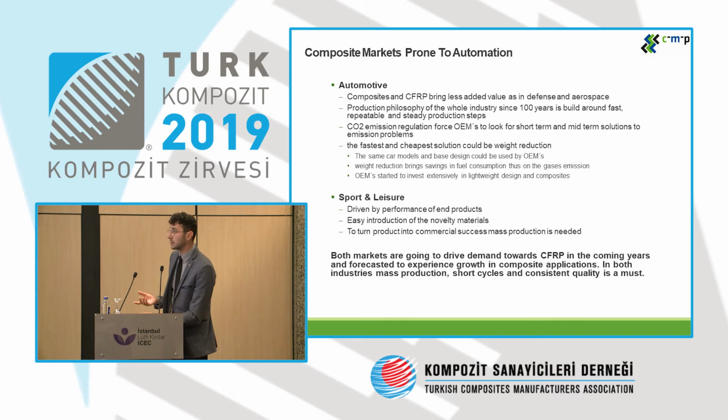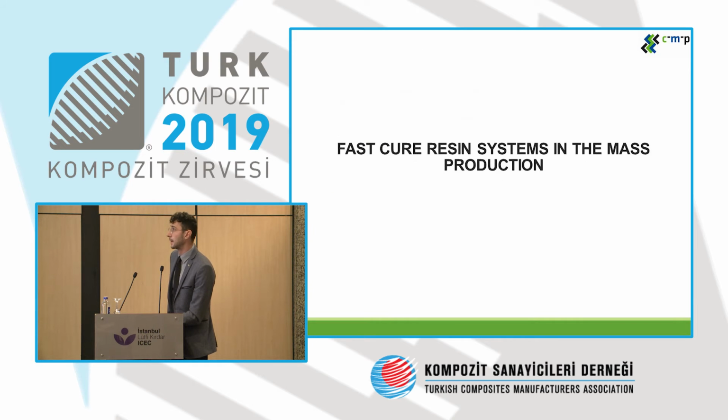So in our opinion, both markets are going to drive demand towards CFRP in the coming years because of the scale of their production, and they will lead the further development in this field, because short cycles, consistent quality, and rapid scale-up of production are a must in both of these markets for the future. So after this short introduction,